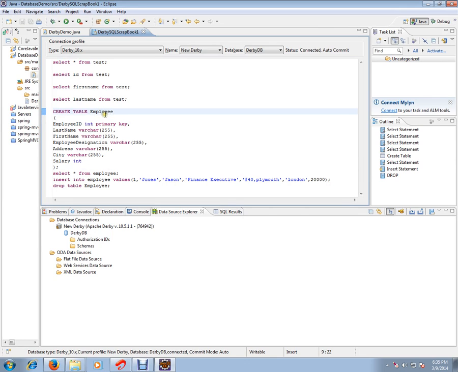Here I am giving an example: CREATE TABLE employee, where employee is the table name. Within brackets you should give all the column names that you want in the table: employee ID, last name, first name, employee designation, address, city and salary. On the right-hand side you should give the data type. The data type means what the column can hold, whether a number or alphanumeric, a string or